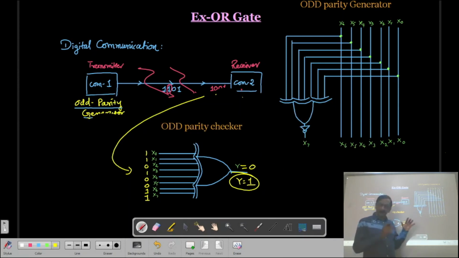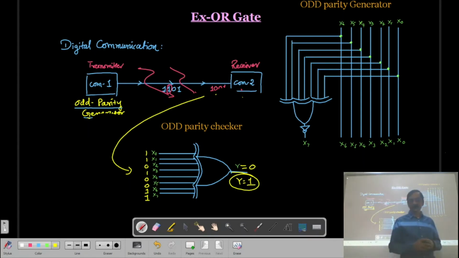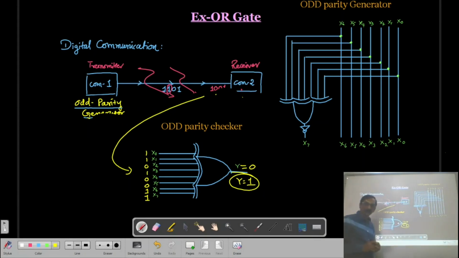In that case also, we use the exclusive OR gate. But that is out of the scope of your syllabus, and that's why we are not discussing it. But normally, for a short distance communication, the 1-bit error will be there, and that you can check with the help of this exclusive OR gate.